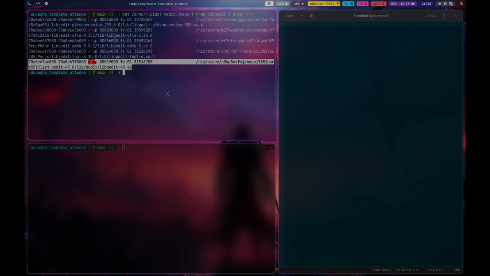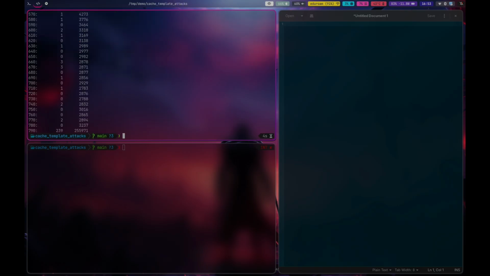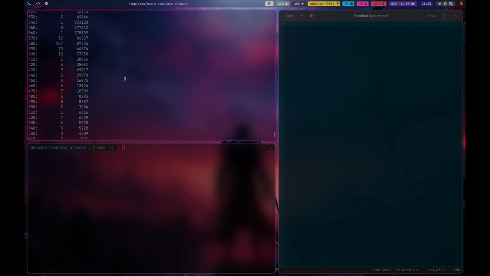But before we do anything with the shared library, we need to find out what the threshold of cache hits and misses is for our system. And for that, we have a small tool that we can run. It just classifies cache hits and misses and prints something like this. And this is just a bunch of numbers. This maybe looks kind of familiar to the histogram that we showed before. We have a bunch of large numbers here, and then a different distribution here.